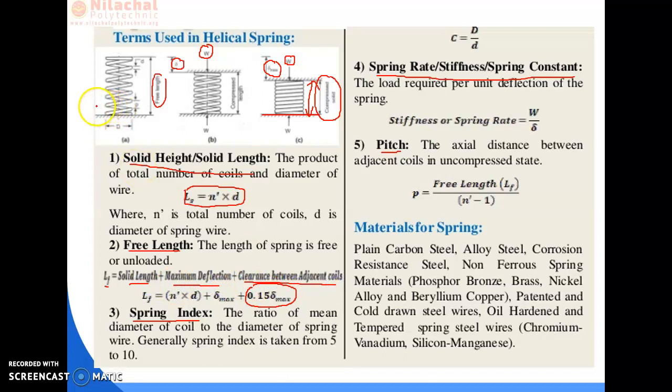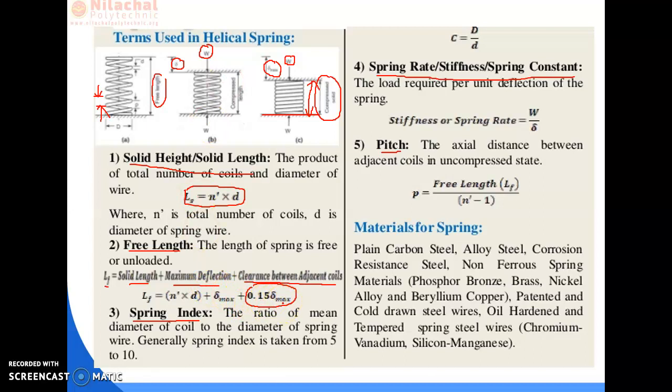Clearance means what? This is one turn, this is another turn, and this gap is known as the clearance. So, free length LF is equal to solid length plus maximum deflection plus clearance between the adjacent coils. As shown in figure A, we have free length equal to solid length n into d, plus del max. After that, there is a little bit of clearance between the turns, and that is 0.15 del